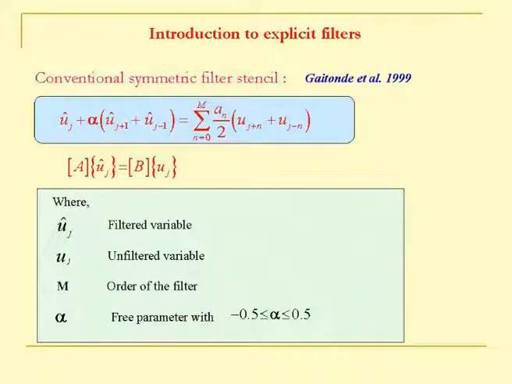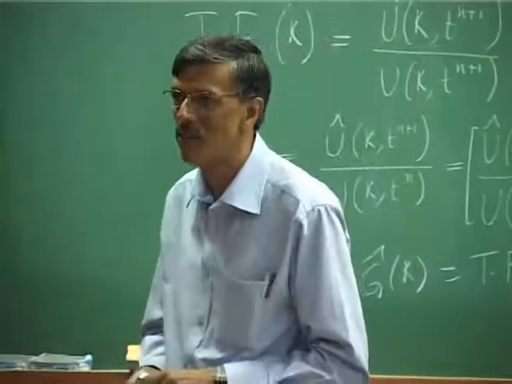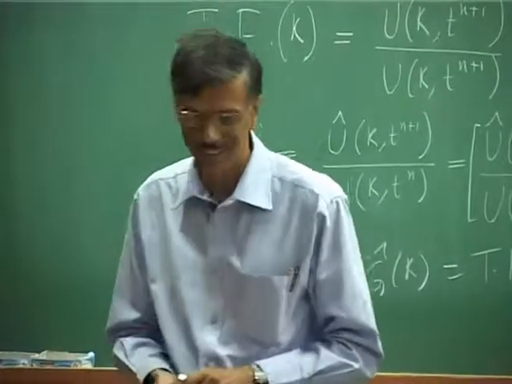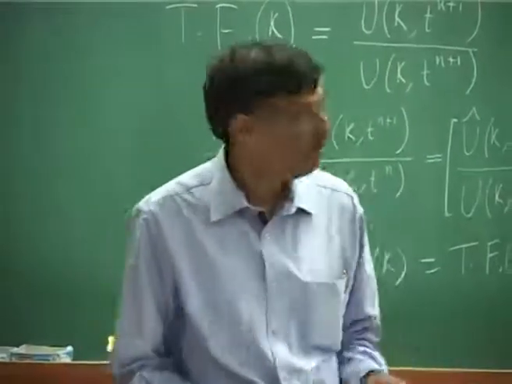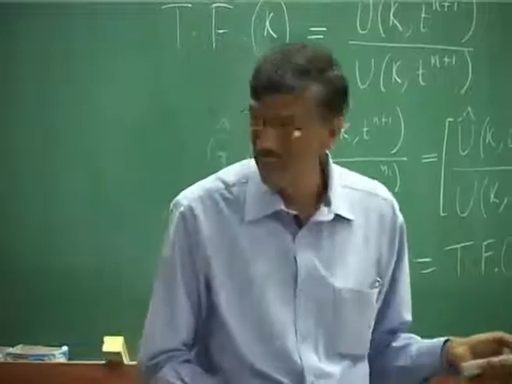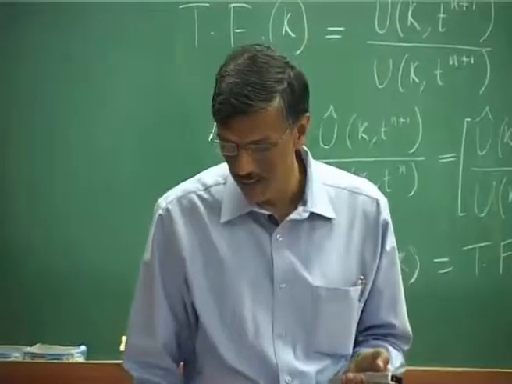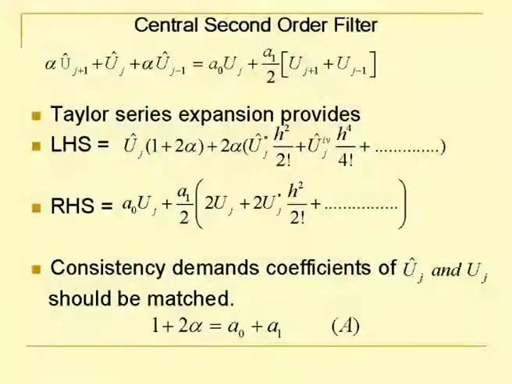You will see that it will not filter anything. That means the transfer function for alpha f equal to half is 1, right. I think it would be a good exercise for you to prove it for any value of m. For m equal to 1, that is what we have shown here, the central second order filter, and